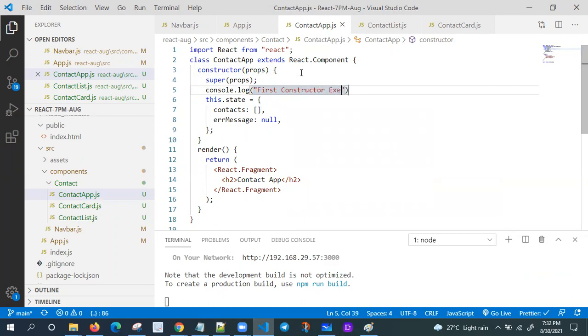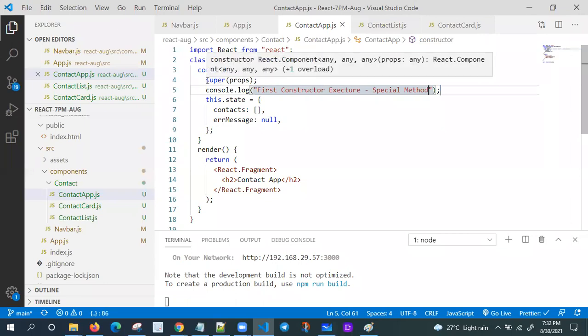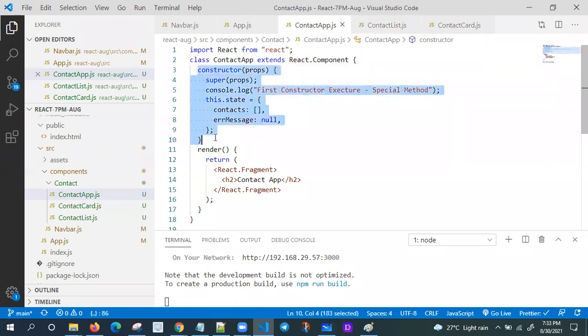Constructor is one special method. It will execute at the time of component loading only, and only once. First constructor execute.